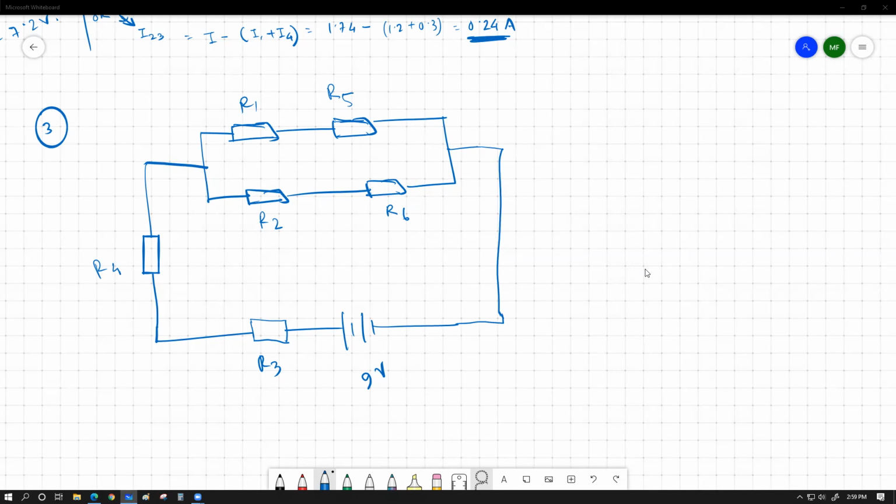R1 and R5 are in series while R2 and R6 are also in series with them being in parallel combination with each other. And also,